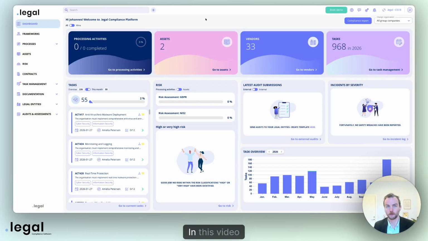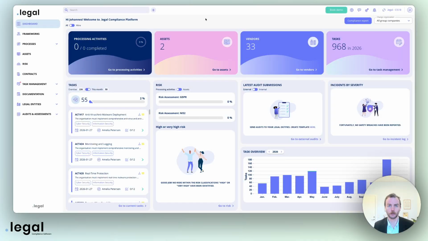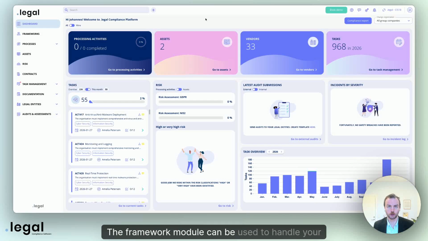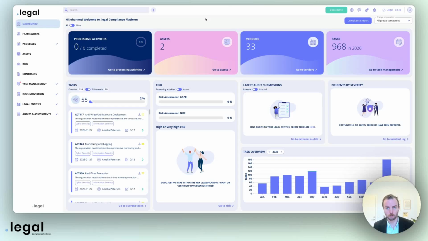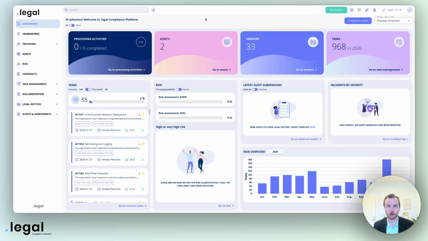Hi, in this video I will give you an introduction to the framework module in the dotlegal platform. The framework module can be used to handle your controls within different frameworks, such as legal frameworks, could be GDPR, NIS2, or AI Act, and also for IT security standards such as ISO